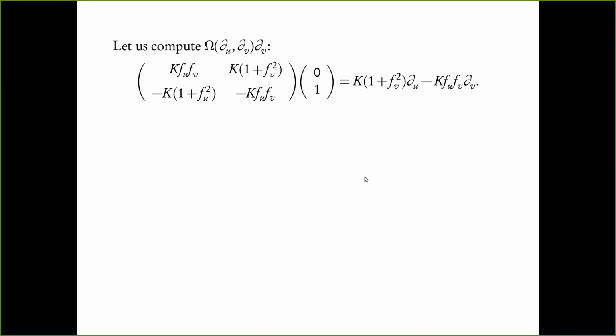So how do I get a number out of this object? Well, I take the dot product with a vector field. What vector field can I choose? Well, we choose del u, correct? Remember, del u was precisely the choice when we calculated nabla del u, commutator nabla del v, with respect to del v, and then inner product with del u. So let's do that. Okay, so before I do that, if you compare your answer, which you should by going back a few slides,